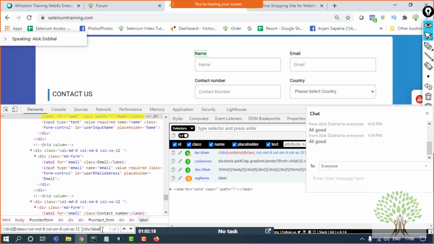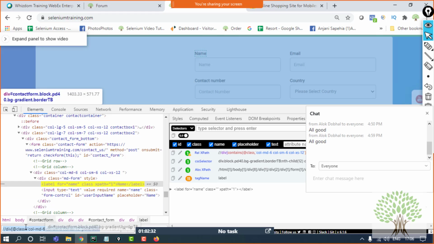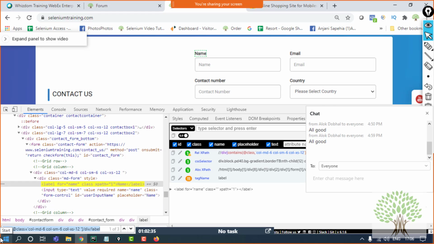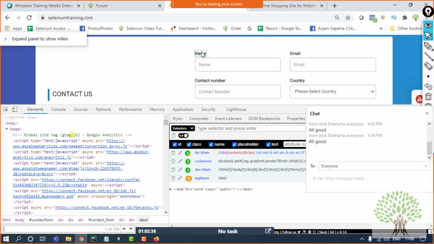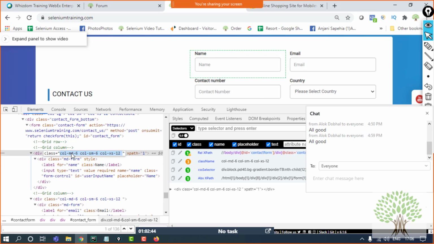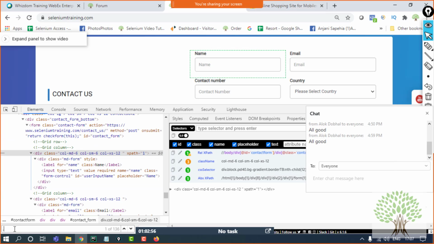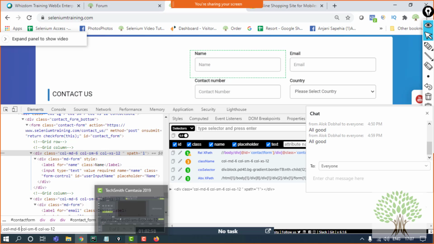No issue. So now, what we were about to do was the same kind of thing, that in a form, let's say this form only I'm taking, I want to make the CSS selector. So what I'll do is I'll use the same class that we were looking for right now, and I'll say dot. Now there are three different classes, right? I have to inspect it again. Now over here, there are three different classes. There are spaces between three different classes. So for all of the three, I have to use them and I have to prefix dot. So I'll just do that.